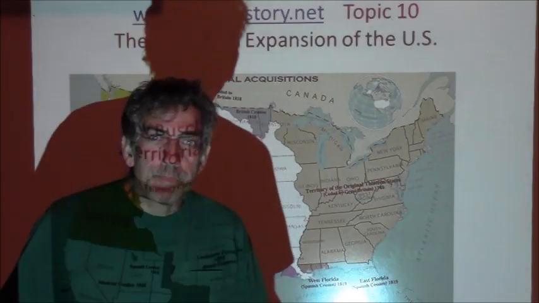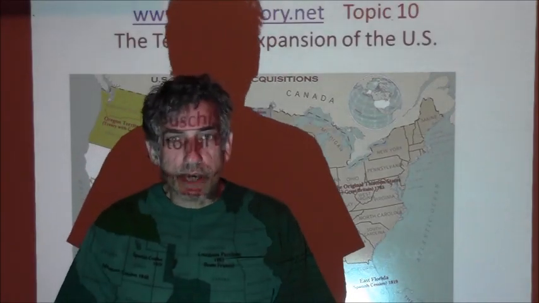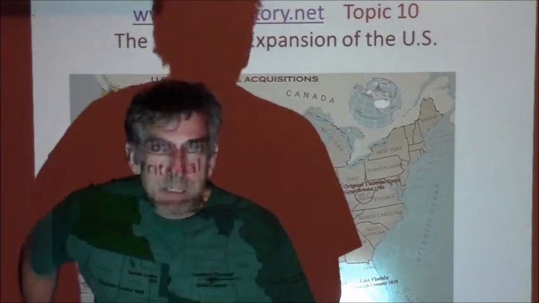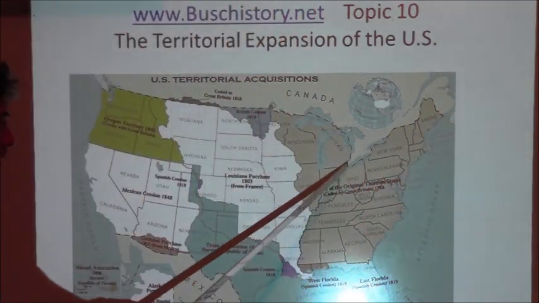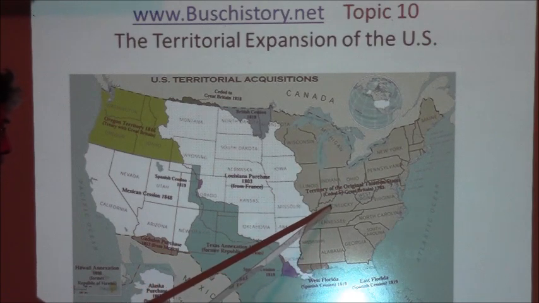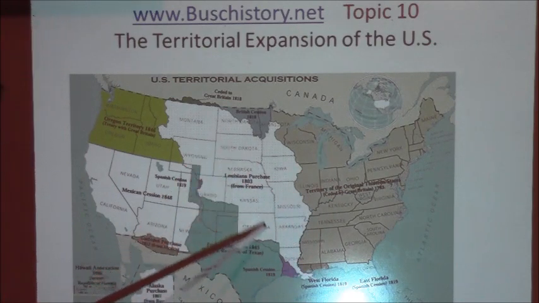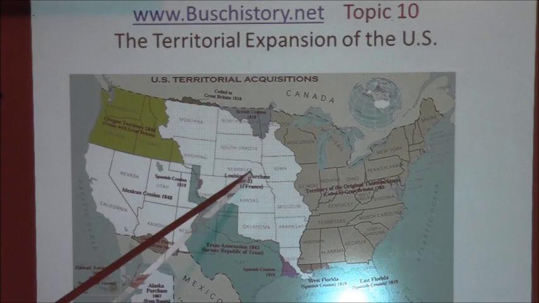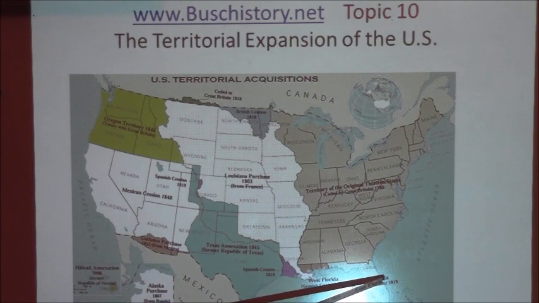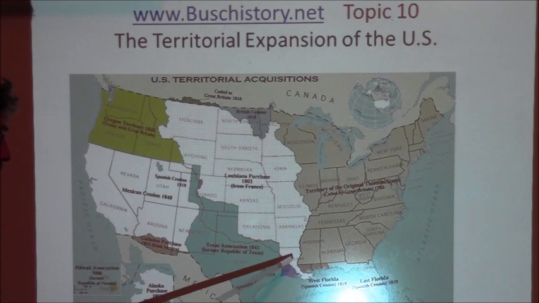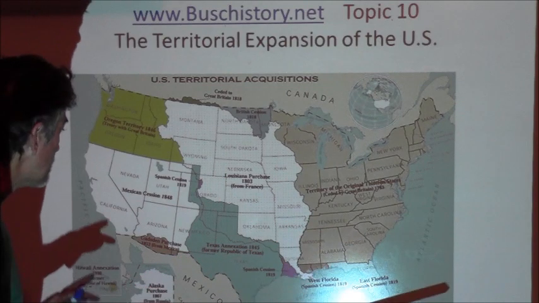So where are we now? We've gotten the Mexican Cession. We've gotten Louisiana. Let's do this in order. First we get the Ohio Valley as a result of the Revolutionary War. Then we get Louisiana in 1803 for $15 million. Then we get Florida as part of the Spanish Cession here and here for $10 million. Then,